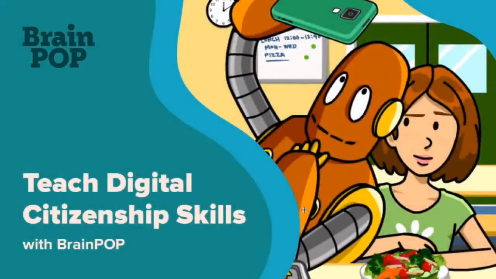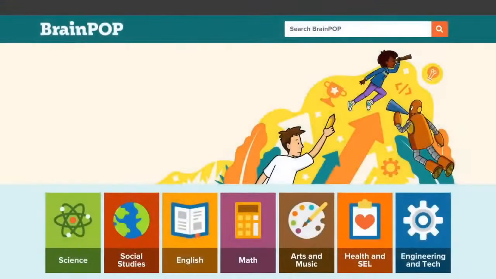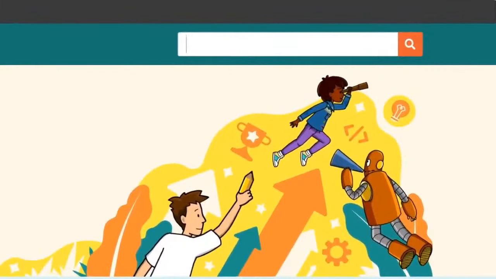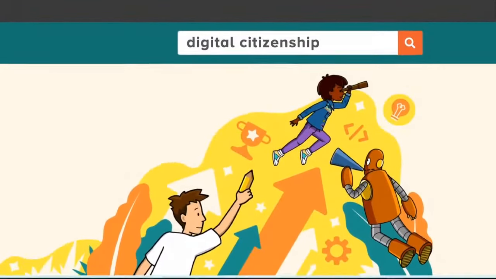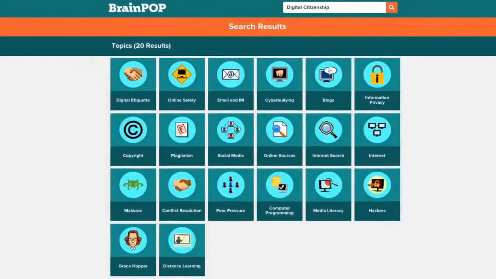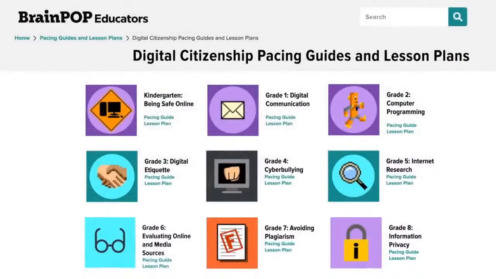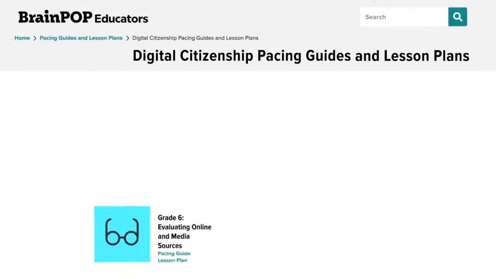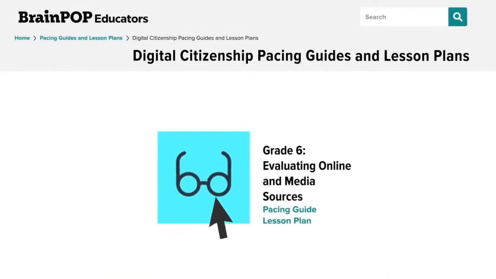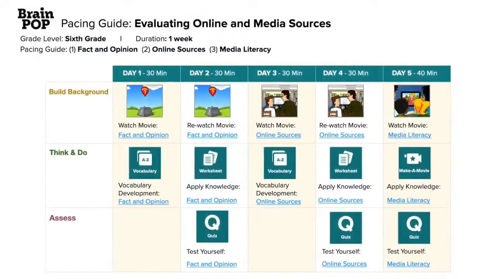Safe and responsible use of technology is a crucial component of education, now more than ever. And BrainPop's Digital Citizenship Unit is full of topics and activities designed to help students build these critical skills. Explore our collection of grade-level pacing guides and lesson plans that provide a learning sequence that works for you and your students. Each guide has project prompts that stretch students to apply knowledge and develop original ideas.